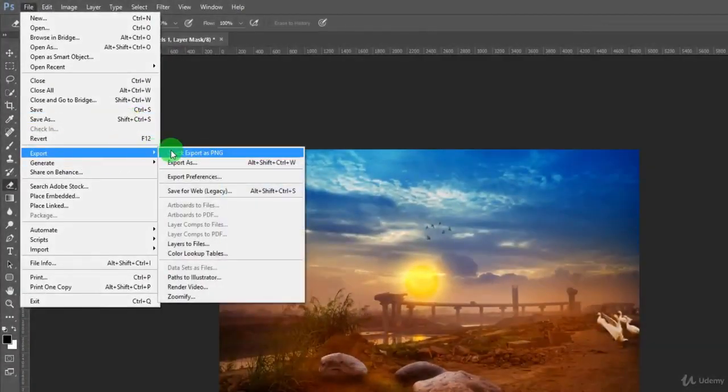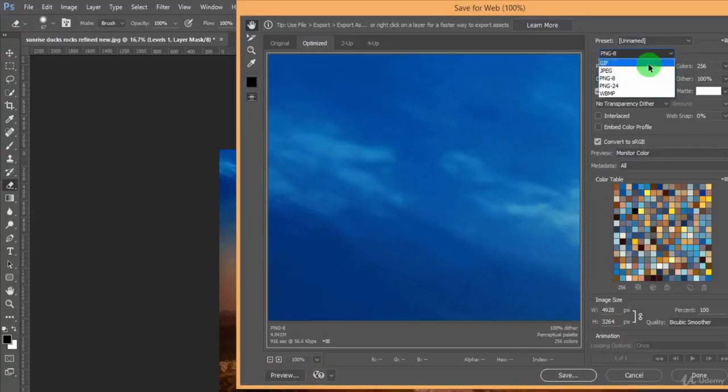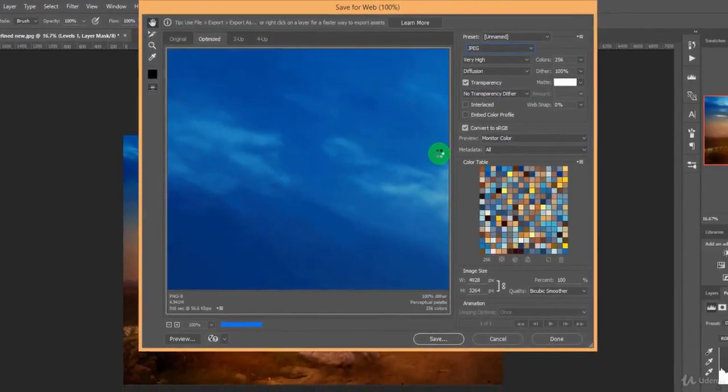Second is export. It has other options, export as PNG and save for web. This is the new menu options which they have created over here. So most images, if you want to save them for the web purpose, from here you can select PNG file from this drop down menu, GIF and JPEG also. Okay, like if you select JPEG,